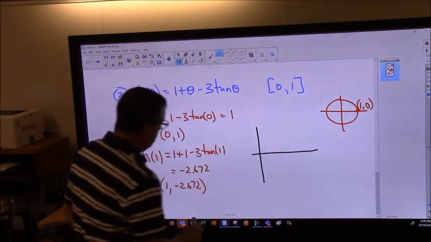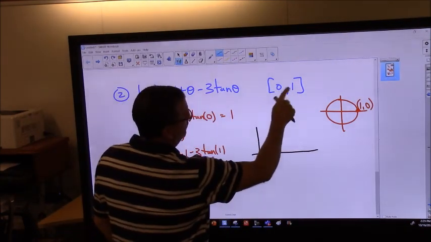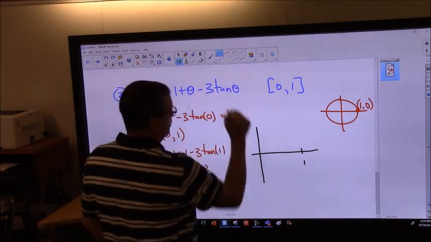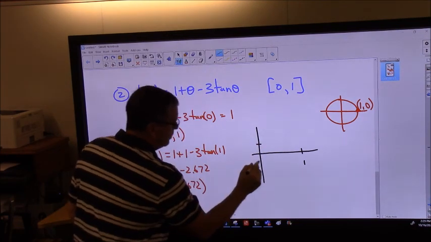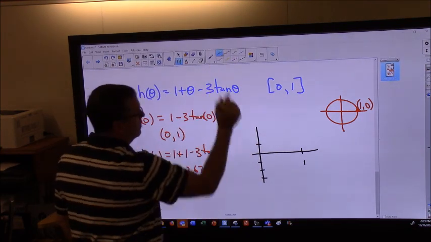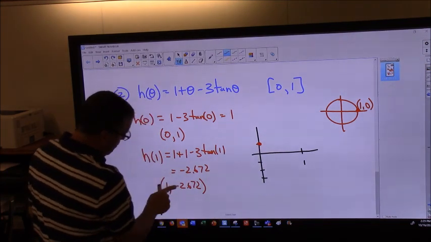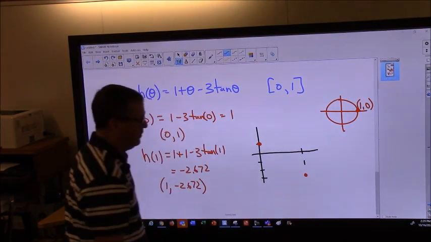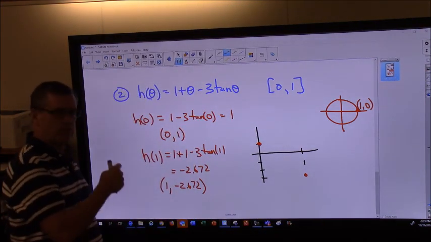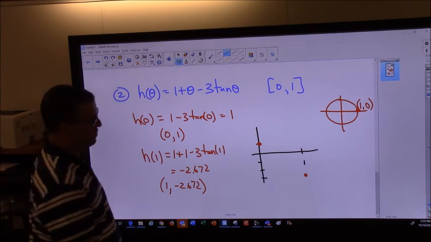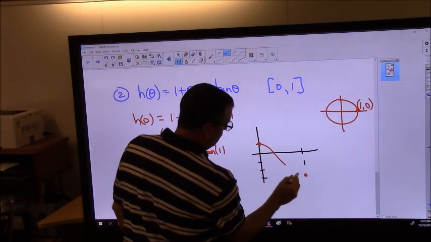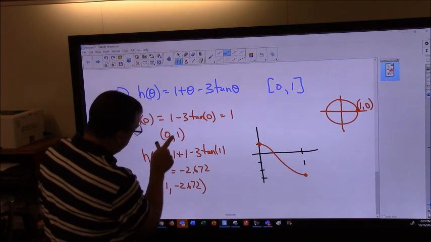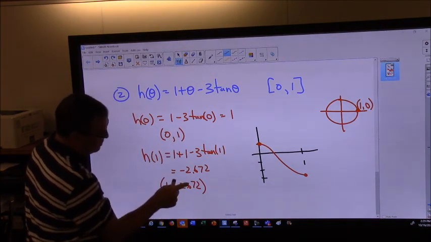All right, so if I make a graph here real quick, we're on the interval from 0 to 1, so that's 1. I've got this point, 0 comma 1, which would be right there. At 1, we're down at negative 2.7-ish, so somewhere right there. And this function is continuous, so they're asking us to show or verify that there is a 0. Well, if it's continuous and it's a function, that means that as long as 0 falls between these two numbers, which it does,